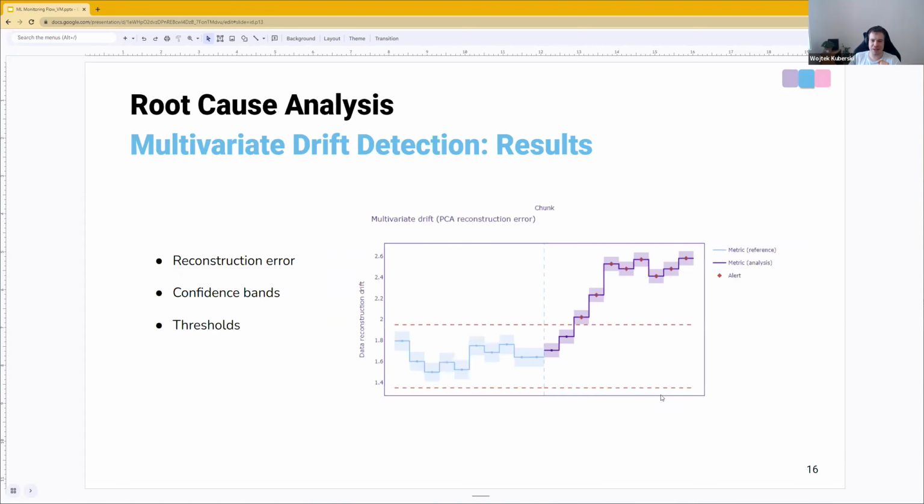There's one interesting thing here, which is that there is also a lower threshold, and it's kind of an edge case, but we see that a lot, especially if you use this algorithm for computer vision data. So if you work on images, you will see that quite often the reconstruction error actually drops. And that means that the structure of the data becomes simpler. And this is quite often the case with real life data sets, that you train it on as many diverse images as you can, and then you get the exact same type of image over and over again in your